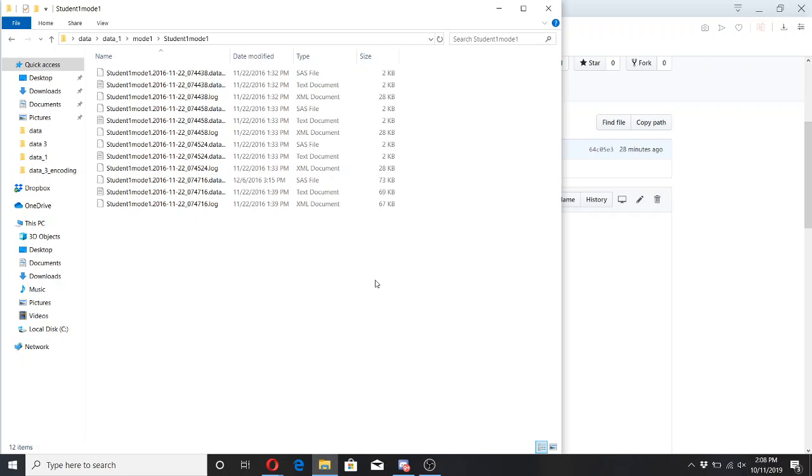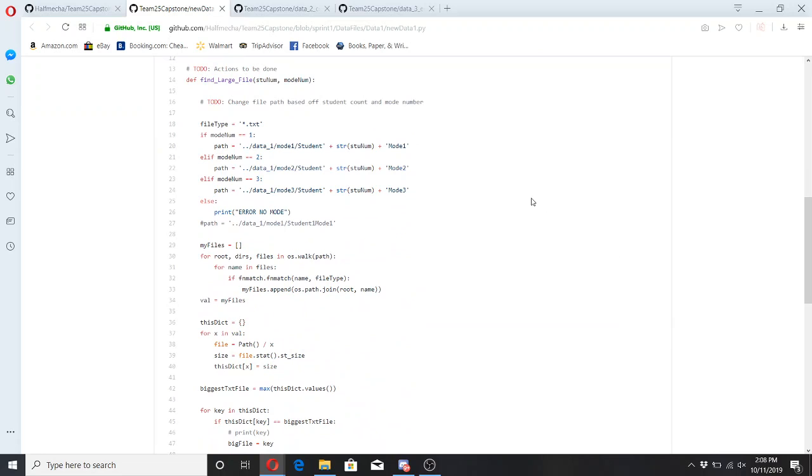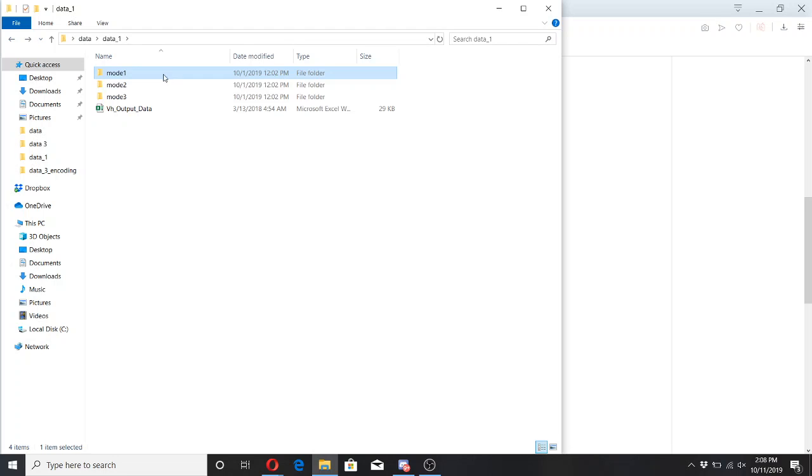So what my code technically does is that it finds the largest text file in here and turns it into a Excel file, and from there the Excel file will iterate through each one. So I'll start off with student 1, and then it will go to mode 1, mode 2, mode 3. It'll take 9 columns out of the text file and put them into a new Excel file, and then from